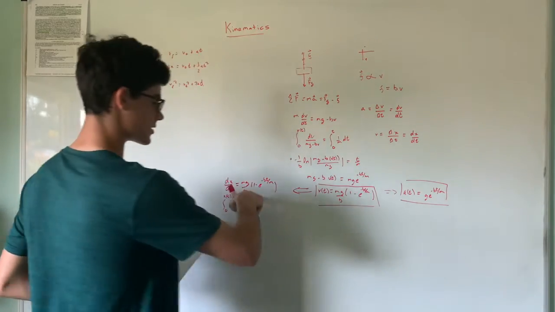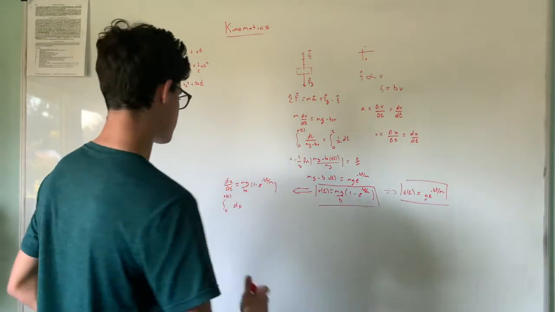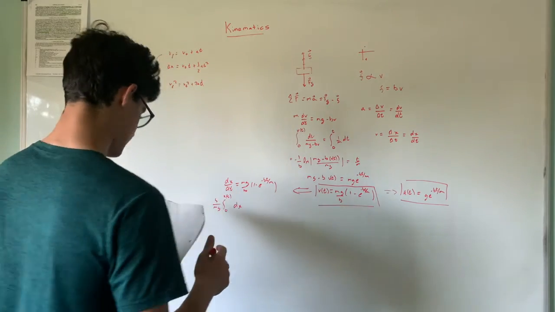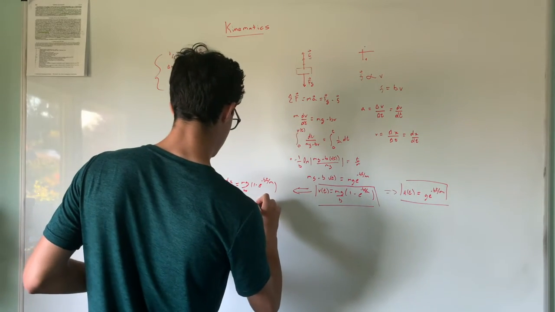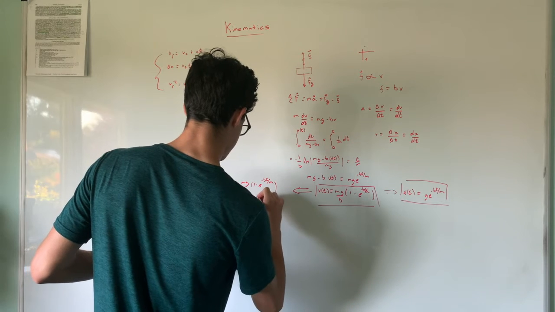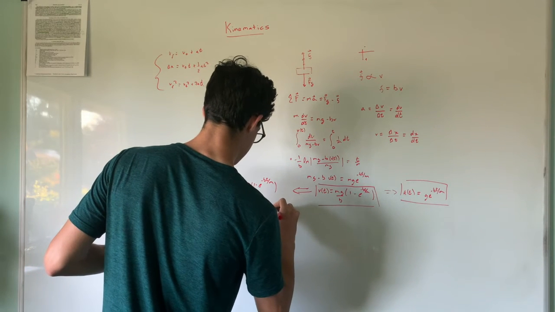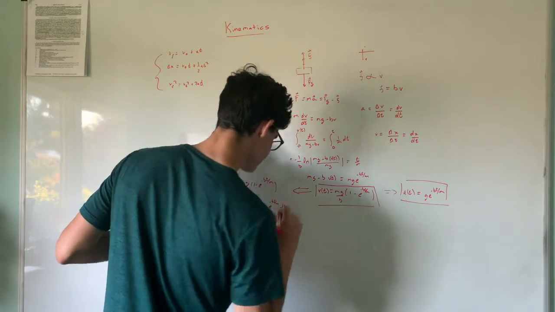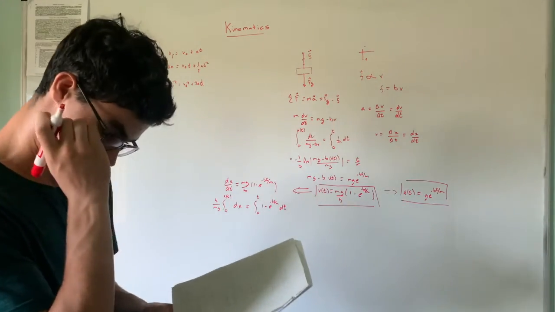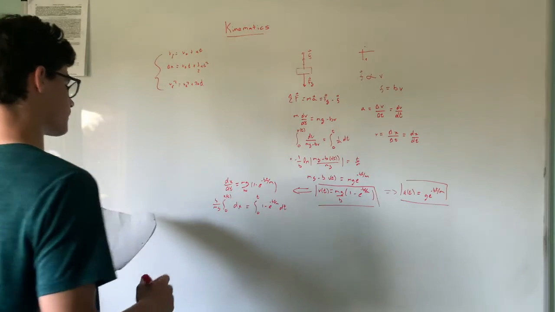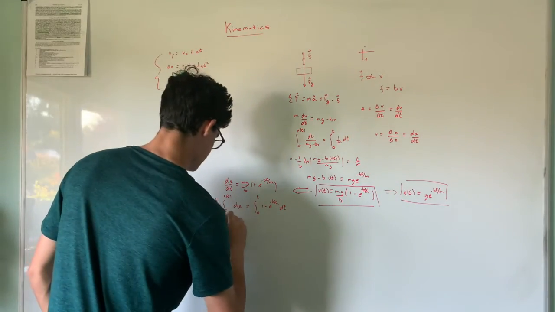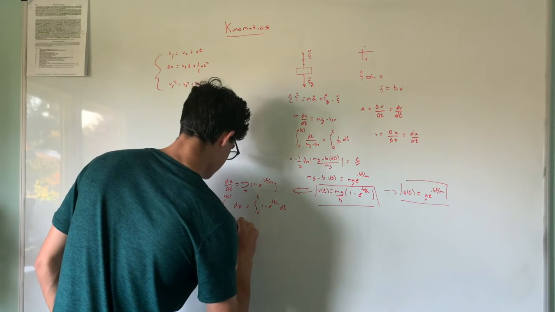We could take these constants over to the other side, right? Because it makes it easier for us. We'll have b over mg, and then we'll integrate from 0 to t of 1 minus e to the negative bt over m dt. Right. So what we're going to do from here is just integrate this. So we have b over mg times x of t